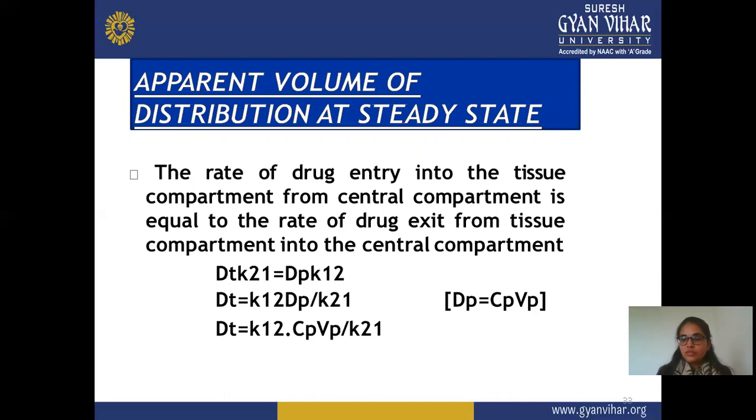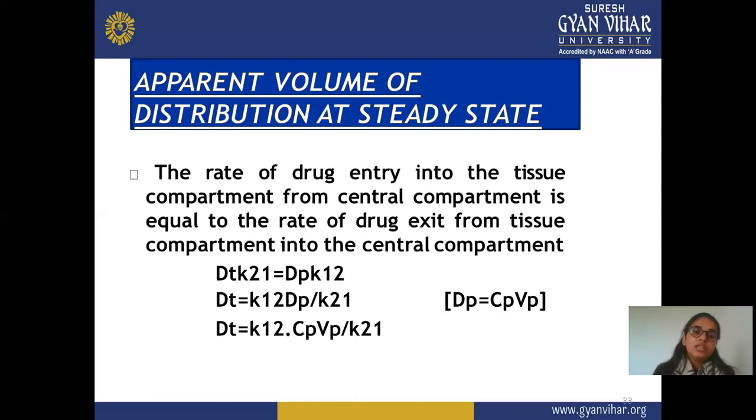This entry is mainly calculated in the central compartment, and the rate of drug entry into the tissue compartment from the central compartment is equal to the rate of exit from the tissue compartment, meaning how much drug is eliminated from that particular tissue into the central compartment, because the main compartment involved in excretion and exit of a drug is the central compartment. And when we see the equation, so in this apparent volume